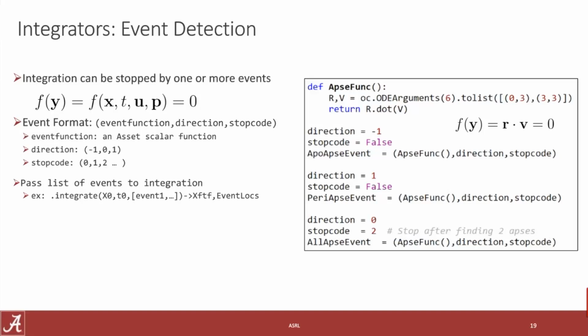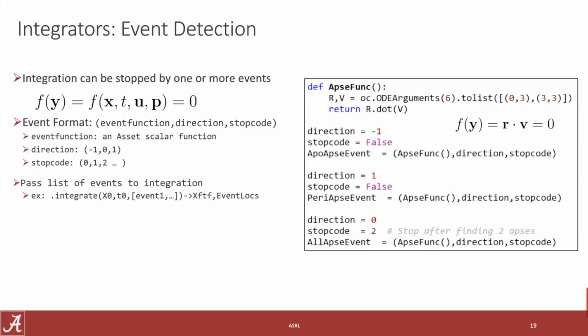Right at that point, it's going to flag the event. Conversely, the periapsis in this next one is a positive one because it's a 0 crossing that goes from negative to positive. Or you can say direction 0. Whenever this function evaluation crosses 0, I want to flag it